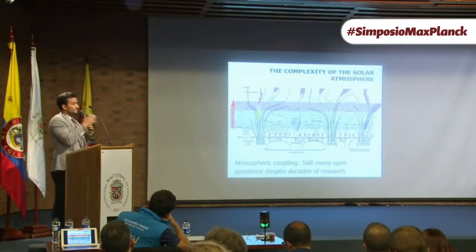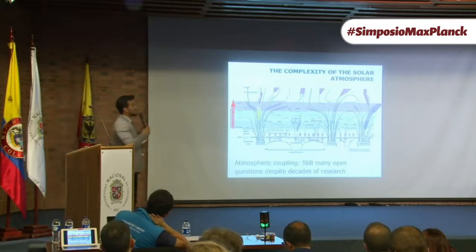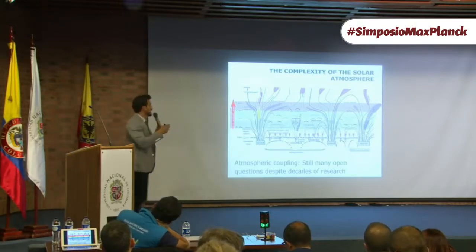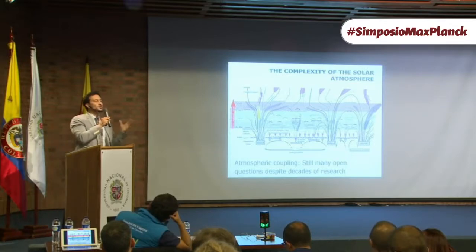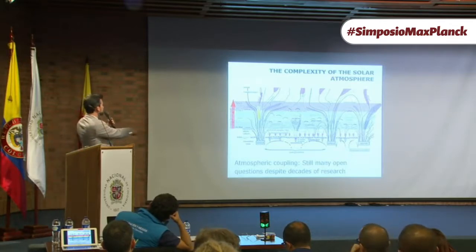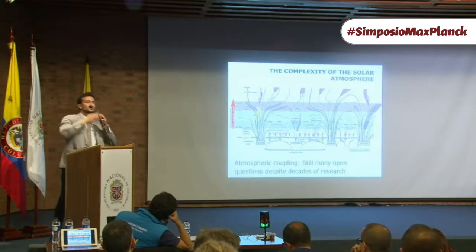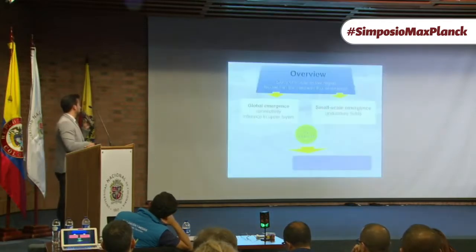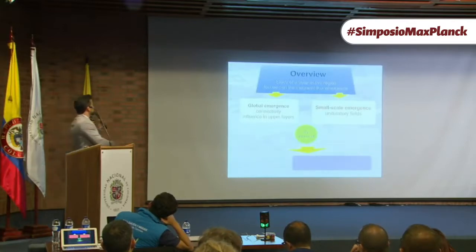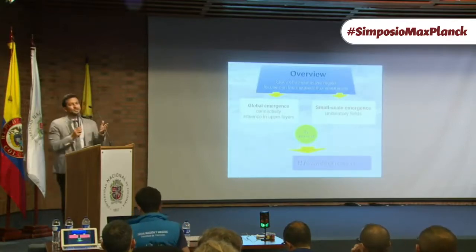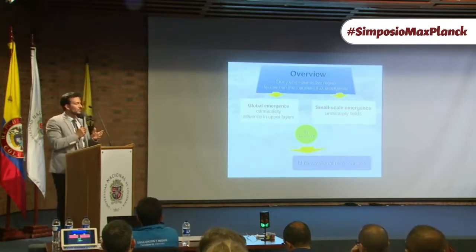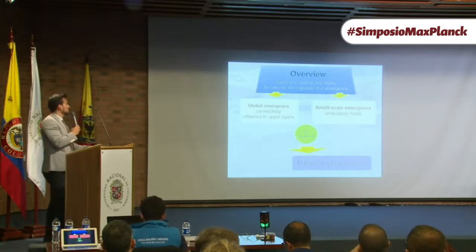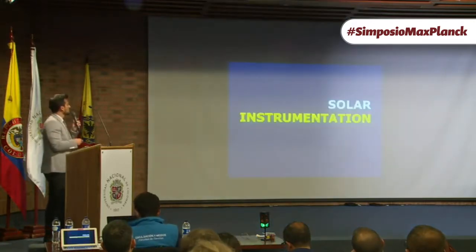The whole picture is very complicated, so that's why we still have work to do, and we can specialize in studying, for example, the lower part of the chromosphere or the upper part of the chromosphere, and you can see how the scales change completely, dramatically. If you go from this, which is very dense, to the upper part, which is more white and open. But all this is based on observing in multi-wavelengths. So we sort of do tomography of the solar atmosphere and try to compare everything that happens from the surface up to the external layers.